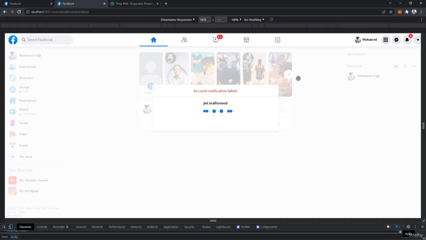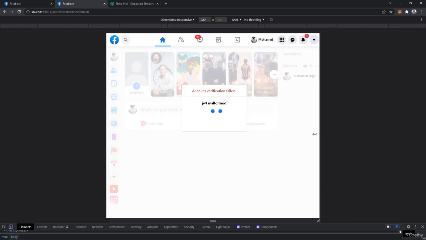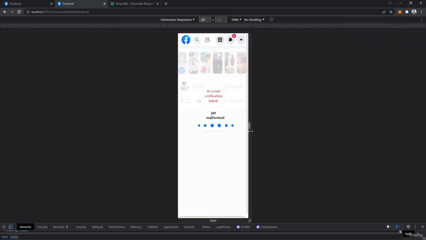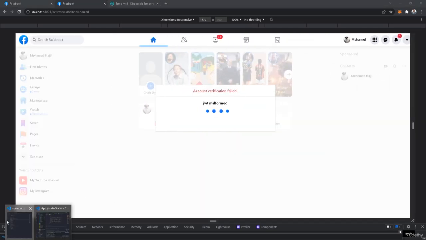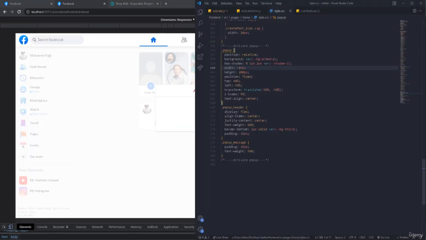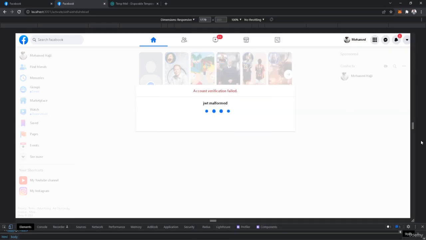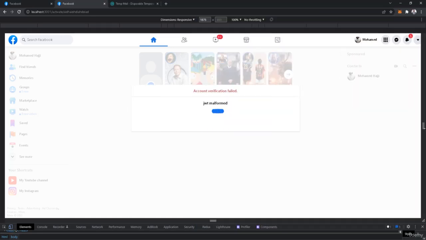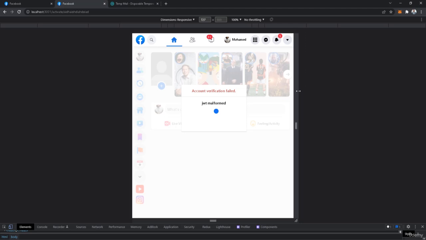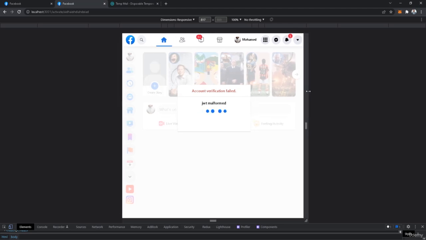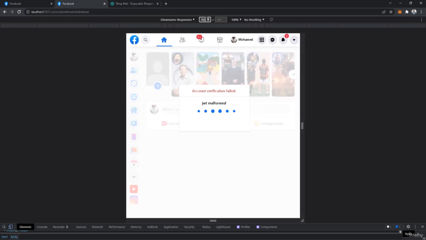Also, before doing anything, we're going to make sure that it's good on the smallest screen. So if we go back right now and start shrinking, we're going to see that it creates these problems for the smaller screens. Okay, so we can go back to the size, and first of all, let me change the width of the pop-up to 40vw, so it gets a bit better like this. Okay, and you can also make this smaller if you want. This is just up to you. And if we go smaller, to a certain point, for example 805, which is one of the breakpoints that we had right here,